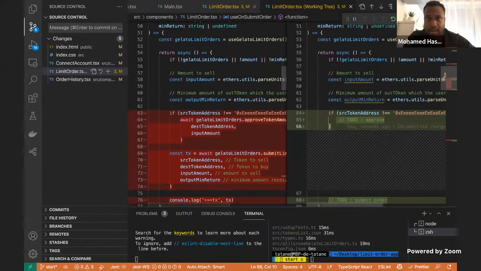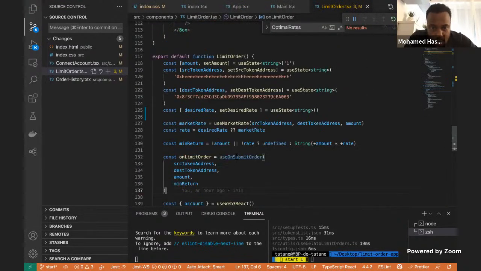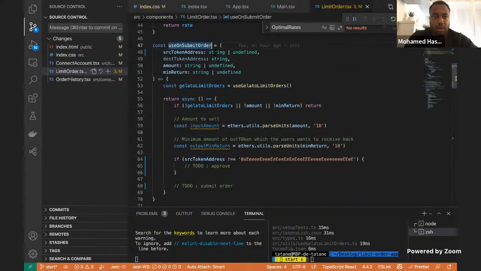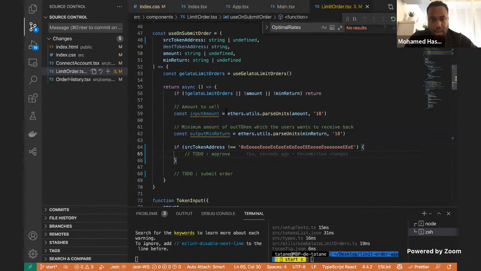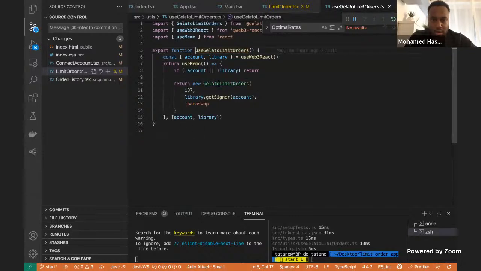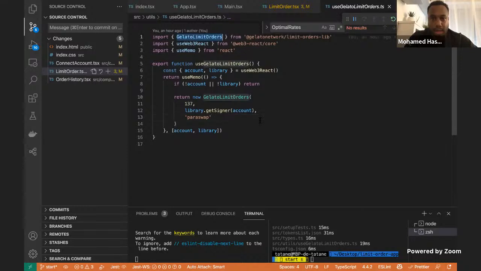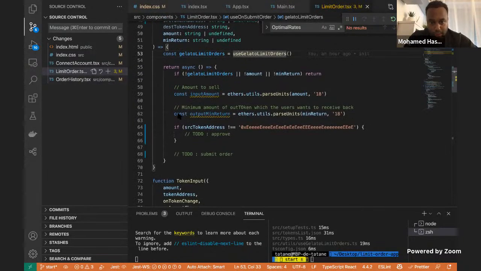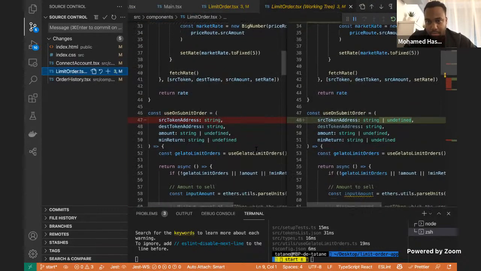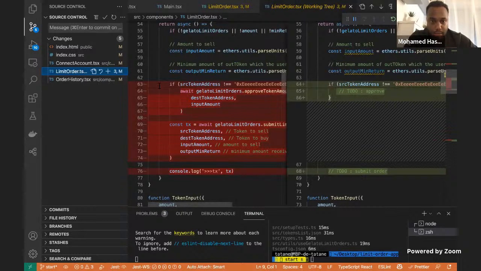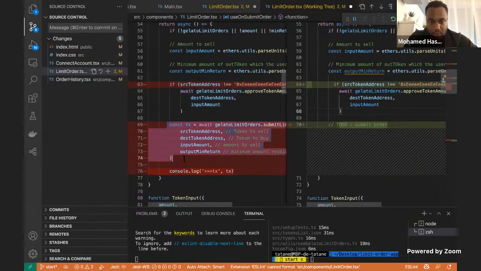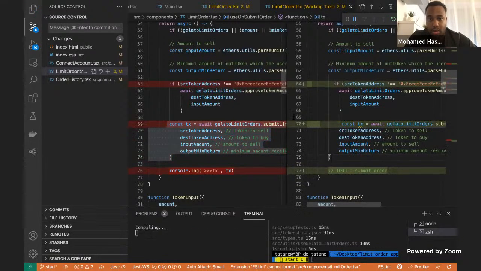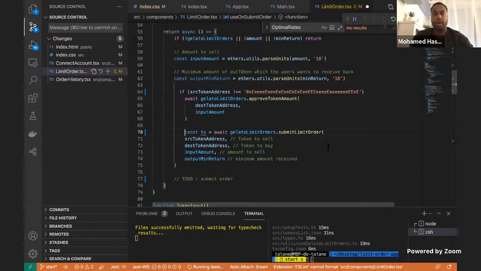What we have to do is, so let's see if we have a bit of time. So here I am in the use on submit callback order, which will return me a callback. This is where I'm going to submit to Gelato. So I have this hook that you can see by yourself. It's just instantiating the SDK Gelato. And what we can do here is grab this code that we had. So if the token is not ETH, we have to approve it. If not, we can pursue with the transaction. And after this, we have a functional